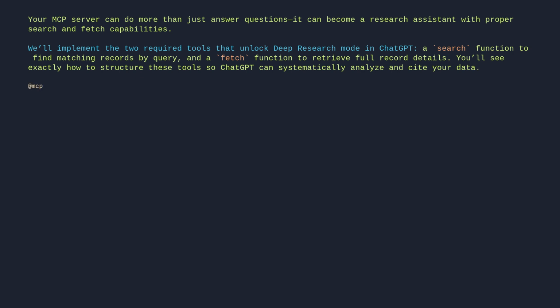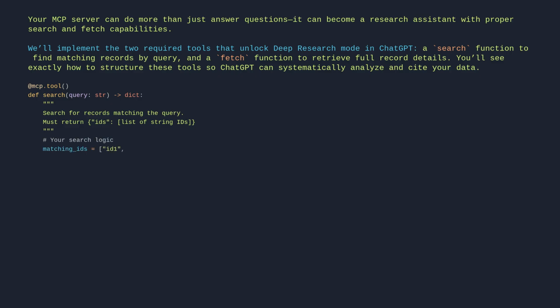@mcp.tool def search(query: str) -> dict: Search for records matching the query. Must return ids, a list of string IDs. # Your search logic. matching_ids = ["id1", "id2", "id3"]. return {"ids": matching_ids}